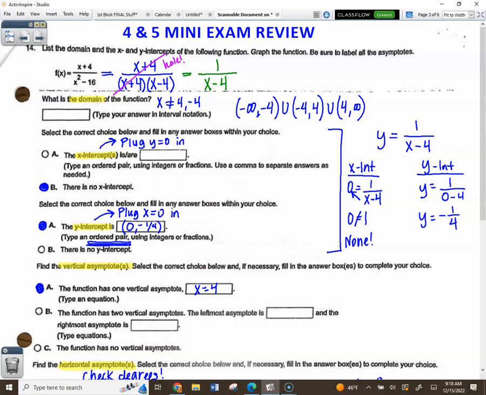On the final exam, this type of question